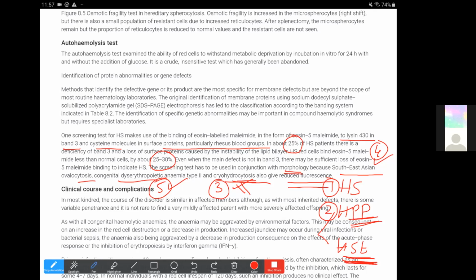With autoimmune hemolytic anemia, we have a normal fluorescence pattern, or in some cases increased fluorescence, but otherwise mostly these are the differentials. With hereditary spherocytosis, hereditary pyropoikilocytosis, which has the least fluorescence, then hereditary stomatocytosis, which has these 3 forms: the dehydrated, the overhydrated, and the cryohydrocytosis. The cryohydrocytosis is the one that has decreased fluorescence, the others have increased fluorescence. And then we have Southeast Asian ovalocytosis and CDA type 2.